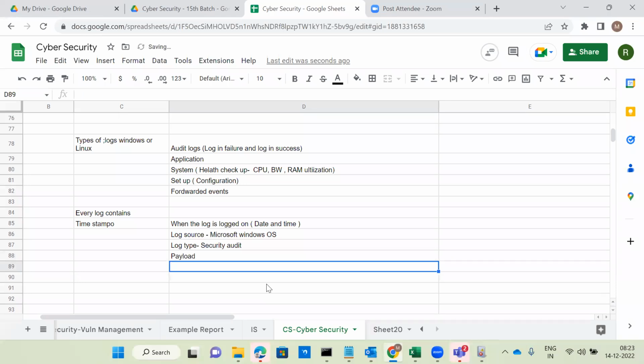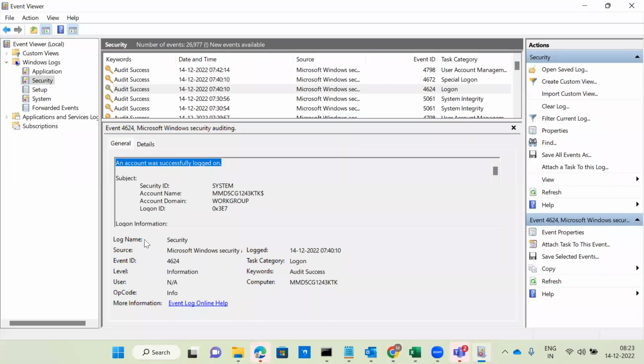Okay. So next one, category of the level of the log: informational. So this is the message. Next one you can see here, log name: security.